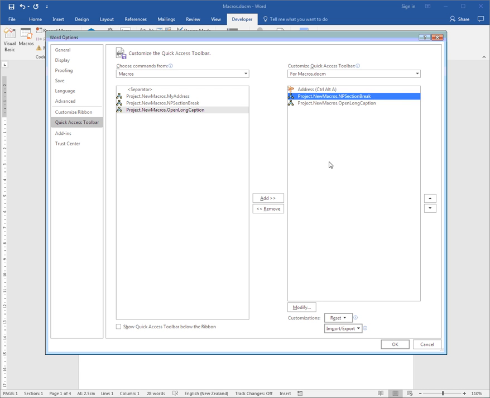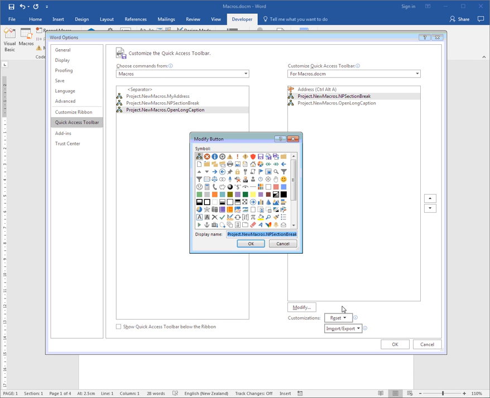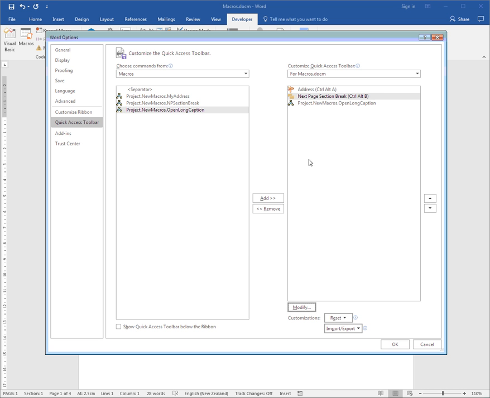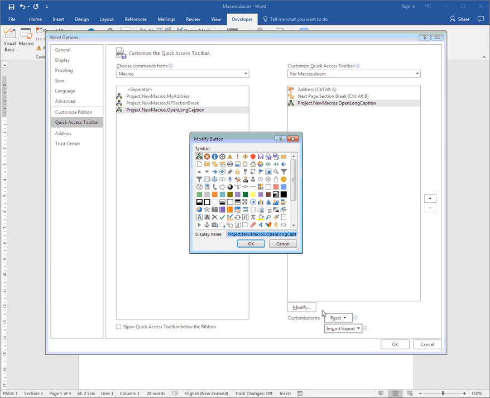I'm now going to click this button, Modify, and I'll mention that it's a next page section break, and that the shortcut key is Control-Alt-B. And then I'll find a button that represents a break, maybe this one here, and OK. And then thirdly, I'll go Modify, Long Caption, Open Document,